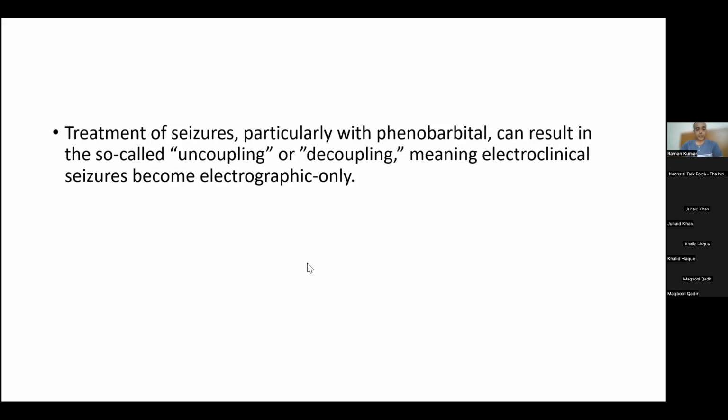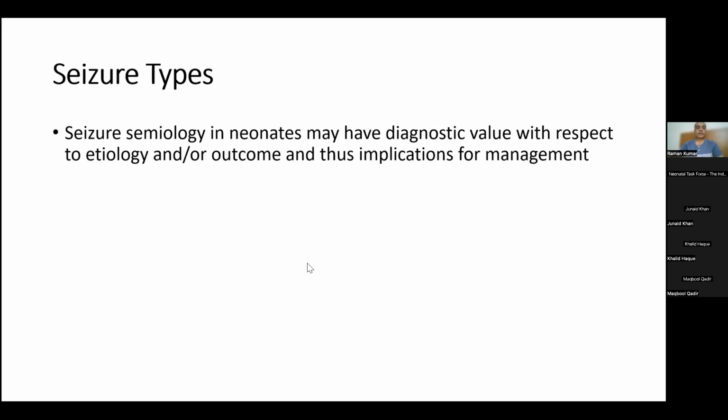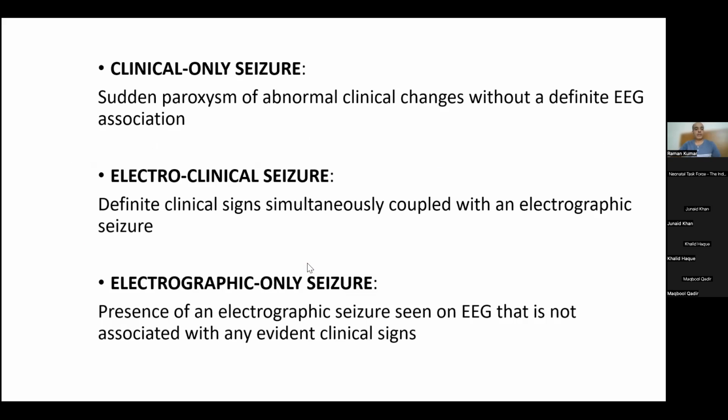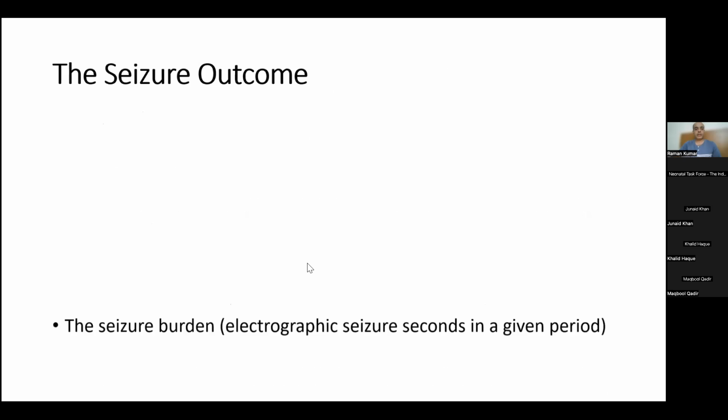So there is coupling, uncoupling, or decoupling. Means they were coupled, clinical and electrographical, and now it has just become electrographical. Now we talk about the seizure types. So this was the seizure presentation. The seizure presentation comes in 3 forms: clinical only, electroclinical, and then electrographical. So whenever you give a consult, you always use this presentation. And then we talk about